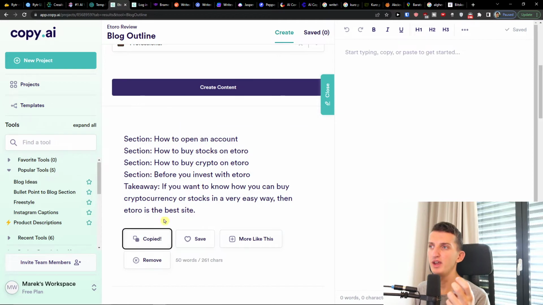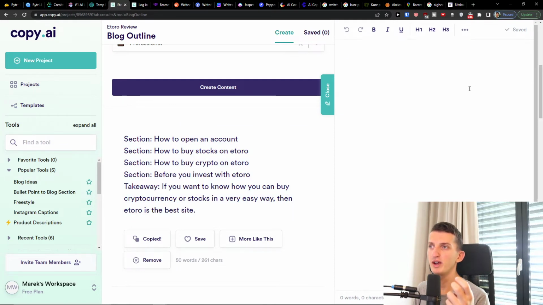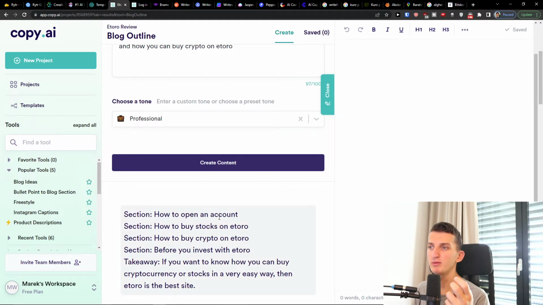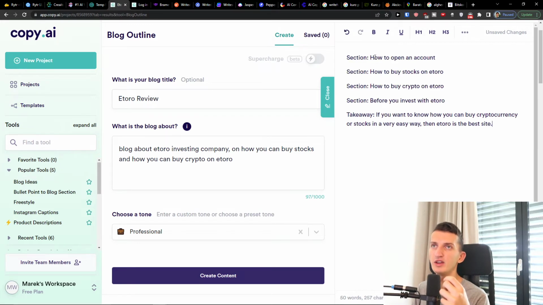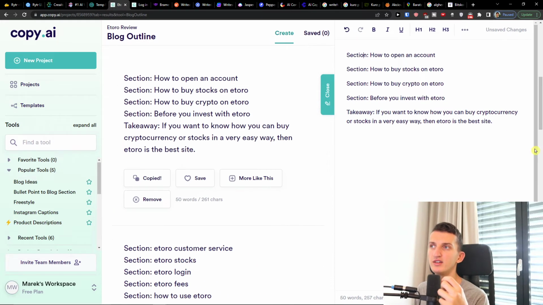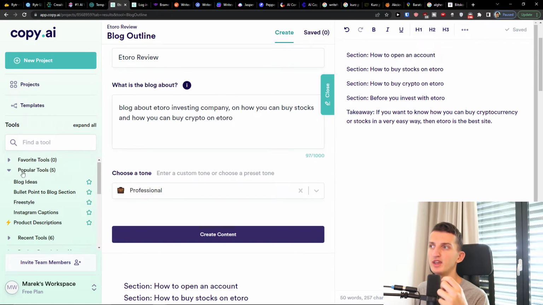And look at this, here we have our own section, how to open an account, how to buy stocks on eToro, how to buy crypto on eToro, before you invest. And you can also paste it here and you're gonna have your own blog outline, right? So